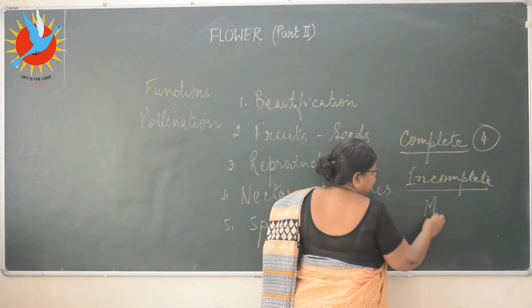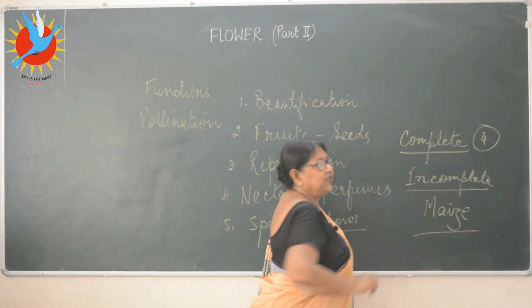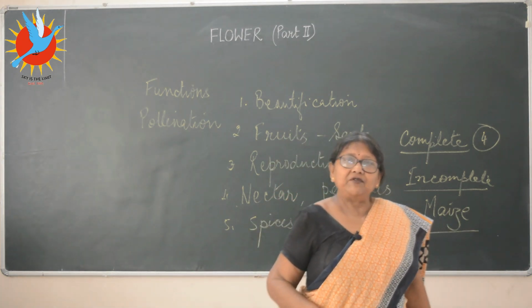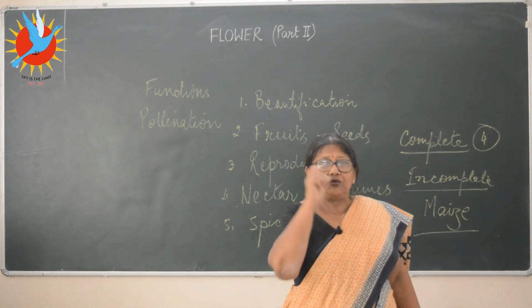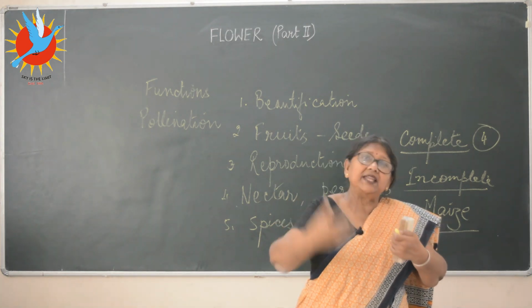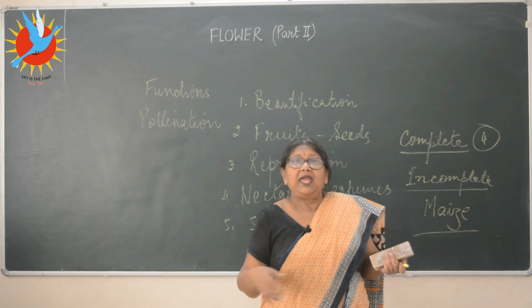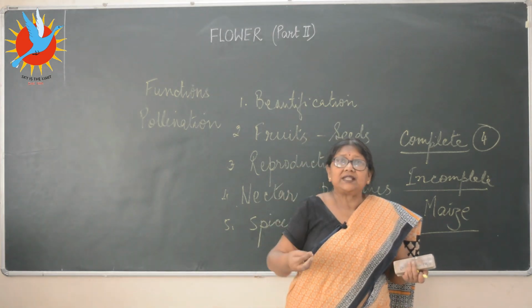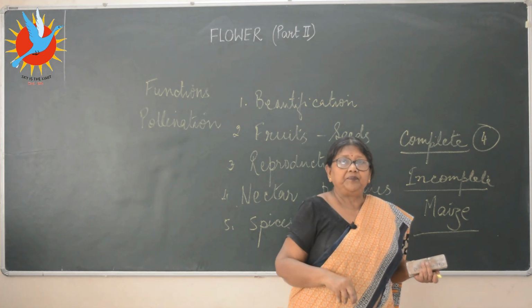The most common example is maize. You have seen the maize plant. Have you noticed the lower part of the plant has the male flowers with androecium, and the upper part has the female flower? The hairy thing that comes out from the flower, they are the stigma, hanging out into the air. So the hairy part that comes out from the flower, that's the female part, and that is the stigma.